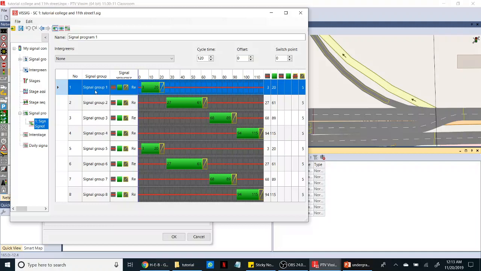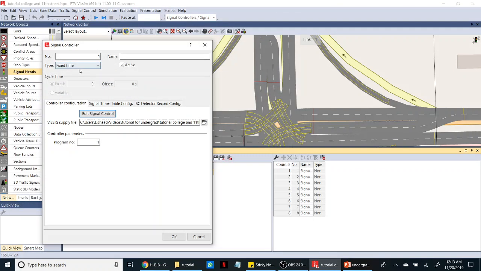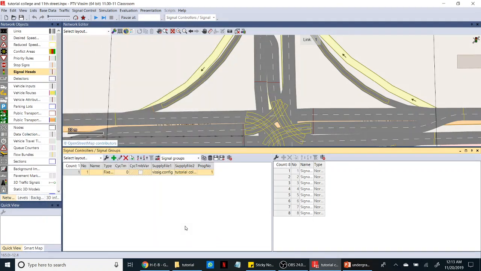I assign signal group 1 my green time, red time and yellow time. I made 1, 2, 3, 4 and I mirror it. 1 goes with 5, 2 goes with 6, 3 goes with 7, and 4 goes with 8. And save it, click back, click OK, and you can see